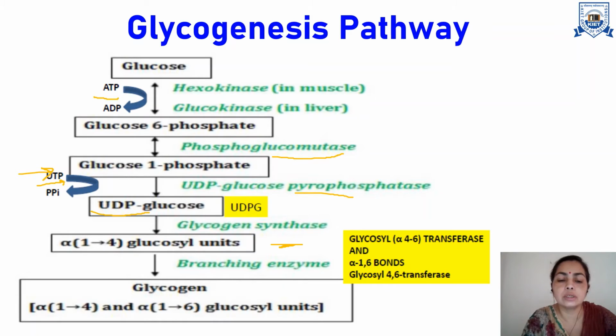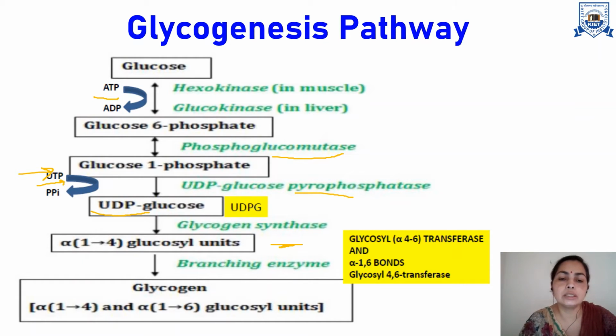So this enzyme, glycogen synthase, is responsible for the formation of 1,4-glycosidic linkages also, and it is going to transfer the glucose from UDPG to the non-reducing end of glycogen, and it is going to form the alpha-1,4 linkages. So in this way the unbranched, straight chain structure will be produced. So in this way glycogen synthesis will be continued.